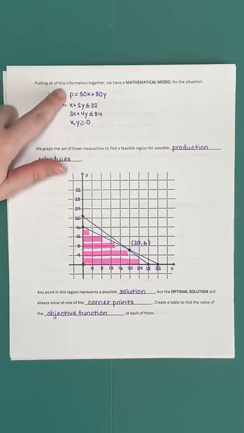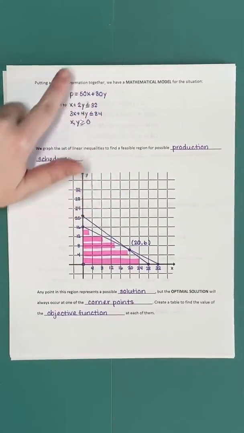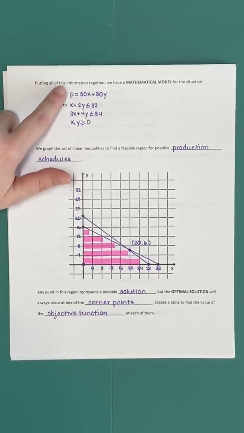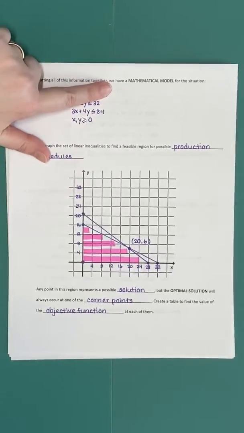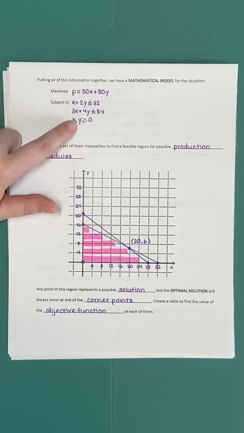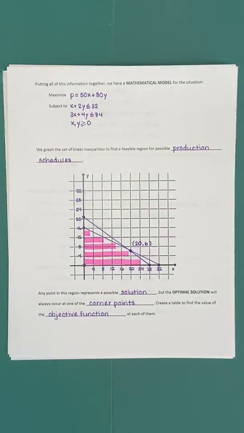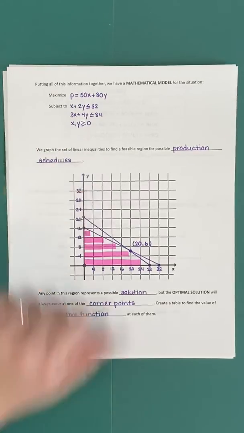So what we have now, we have our linear programming problem. We're maximizing this function subject to these constraints. I'm going to forget about the function for just a minute, and I just want to look at the inequalities. What we now have is a system of linear inequalities. We talked about how to solve something like that. For the moment, we're going to forget about the objective function, and we're just going to solve that system of